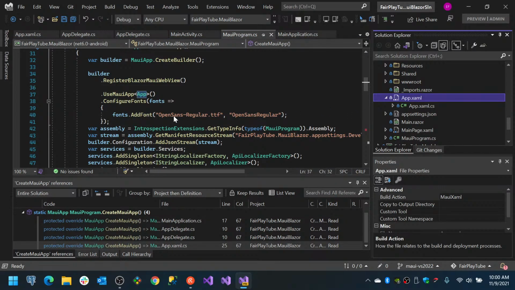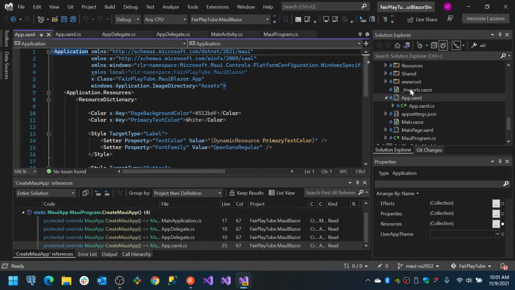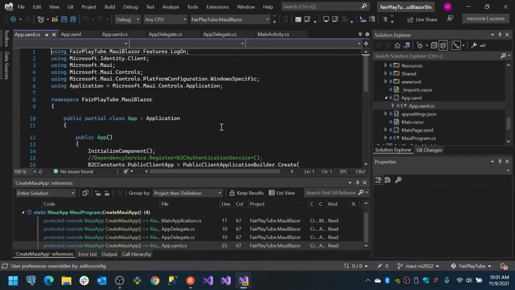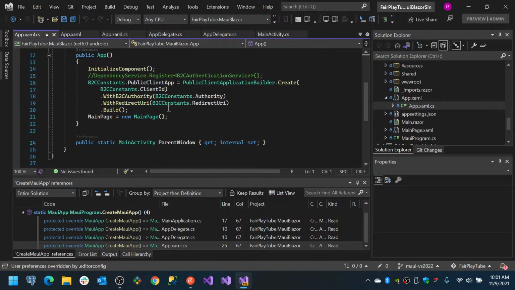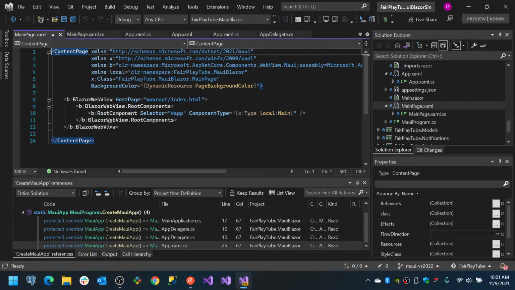And here you will see that we specify which is going to be the main page. Main page is going to be this XAML, right? And this main page is the one that has the Blazor web view. Remember that when you work with Maui Blazor, basically you have a XAML application, or it's actually a WinUI application with XAML pages,